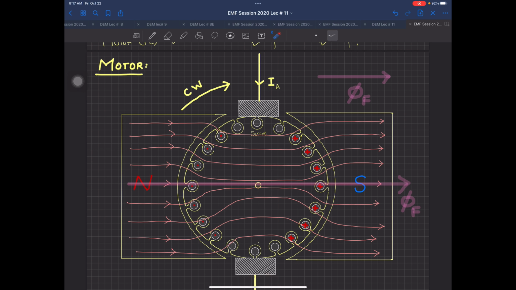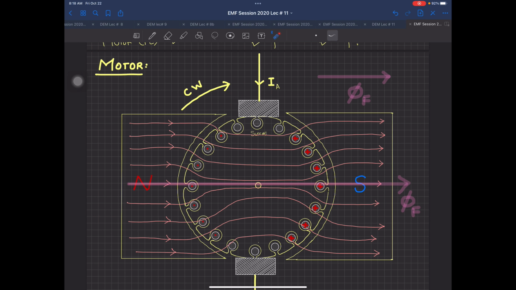Now, when the machine is rotating at supposedly no load, this IA current is flowing through all the windings and leaving through the lower carbon brush over here. But as the load on the machine increases, as I told you, this IA current will increase. When this IA current increases, what will happen? These crosses over here, their magnitude will increase, and similarly these dots over here, their magnitude will also increase.